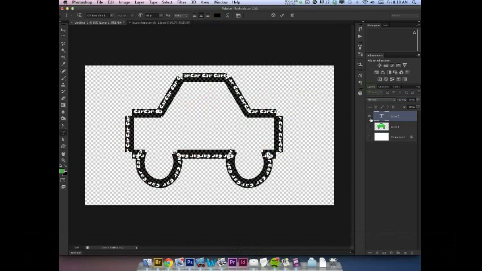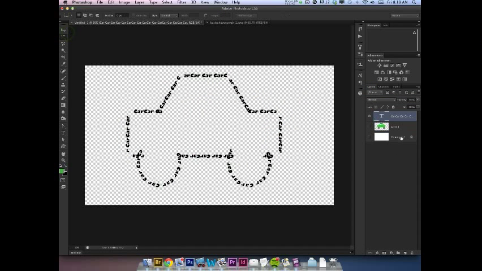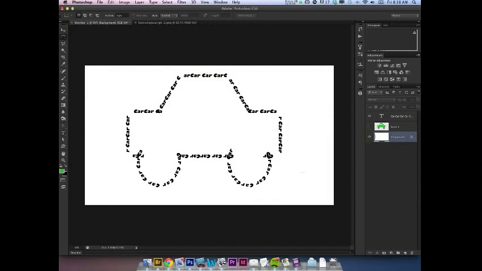And then, of course, in the layers palette, when it's all said and done, if I bring back my background, we have that shape. So a slick, easy way to do that just by